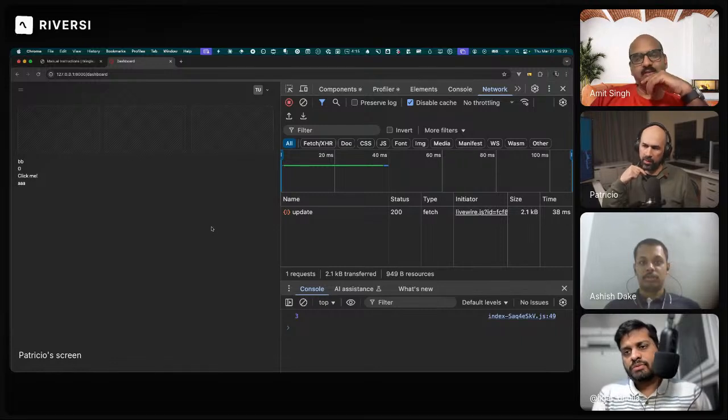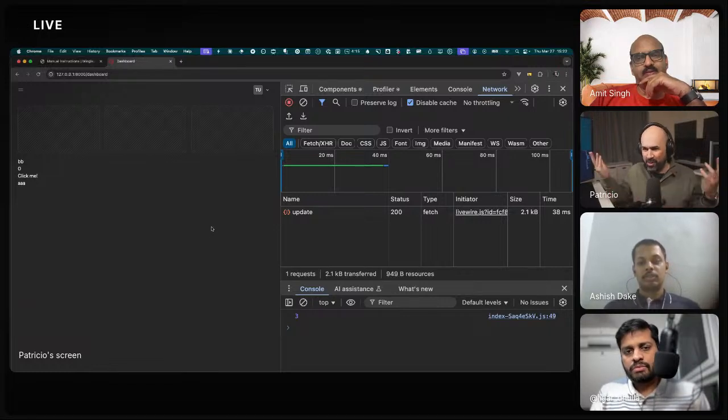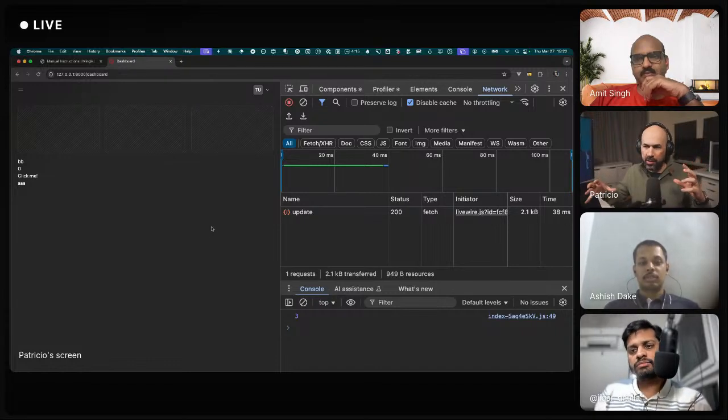Exactly. I bring the to-do list example because it's one we can do in a couple of minutes. If you want to do a big data table with nested data, the mechanism will be very similar.